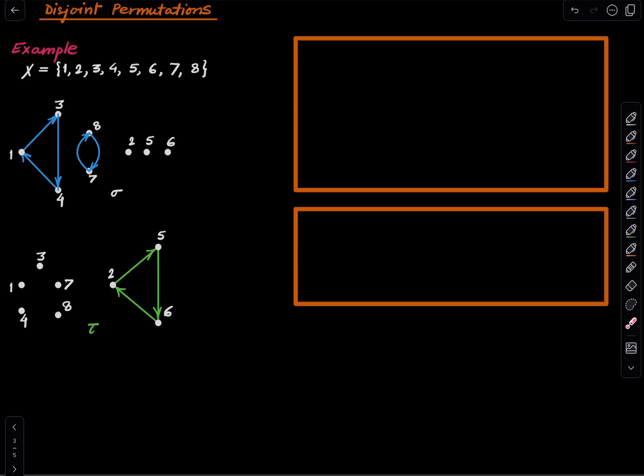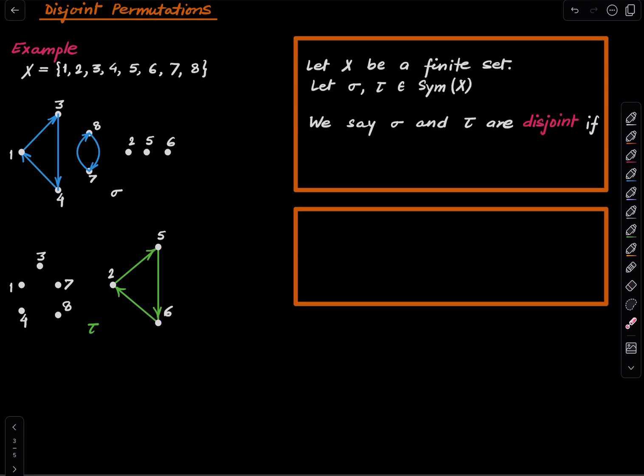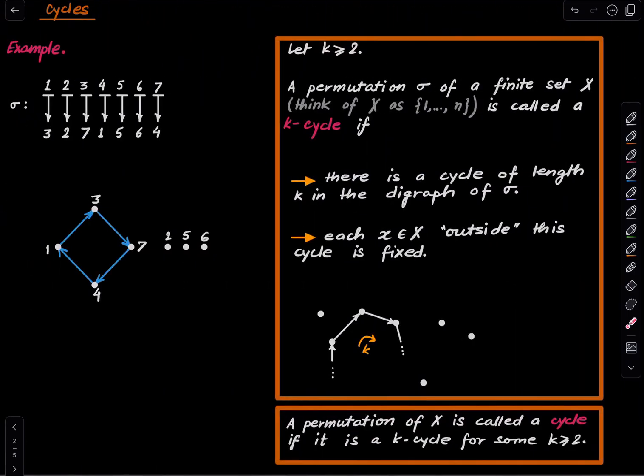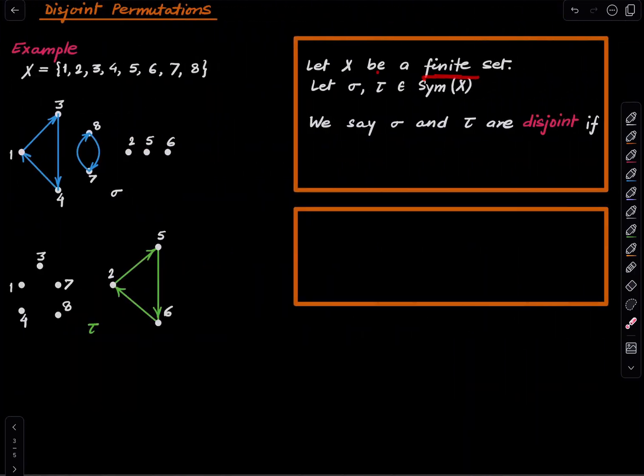Okay, so we can now write down a formal definition. Fix any finite set, and fix two permutations sigma and tau. We say sigma and tau are disjoint if, we'll write a grisly thing, the set of things which are